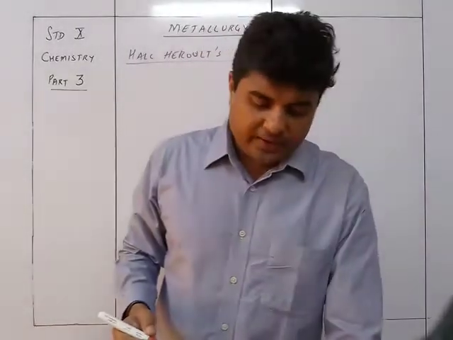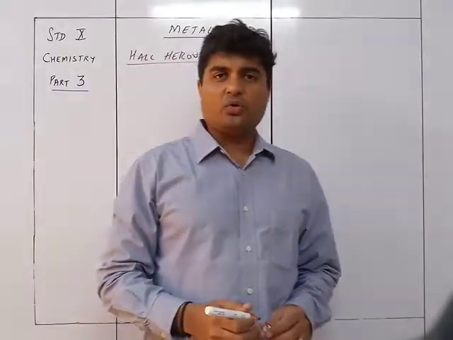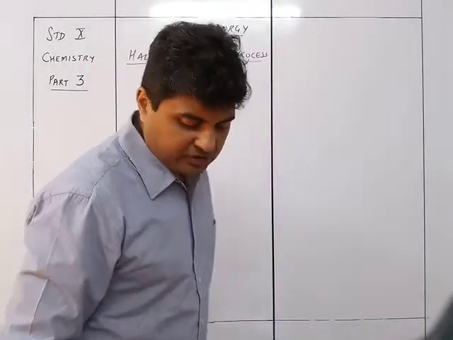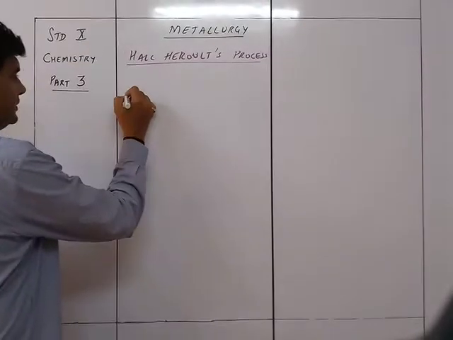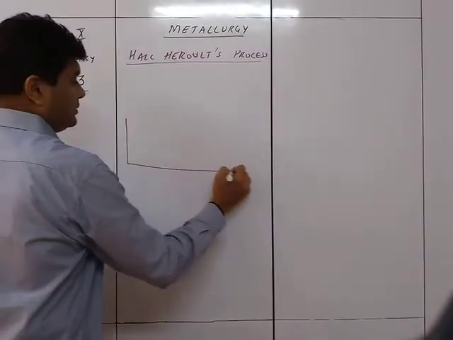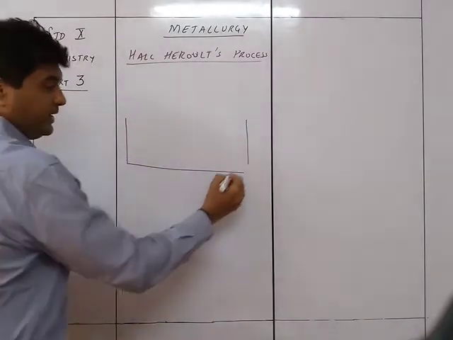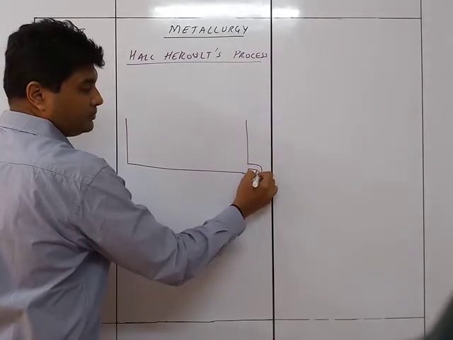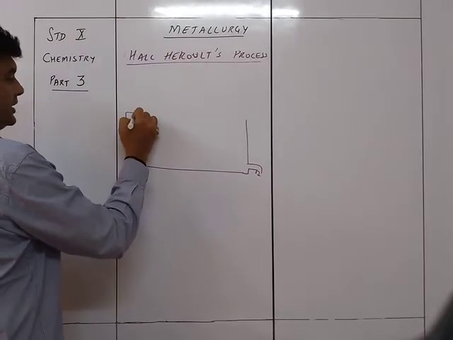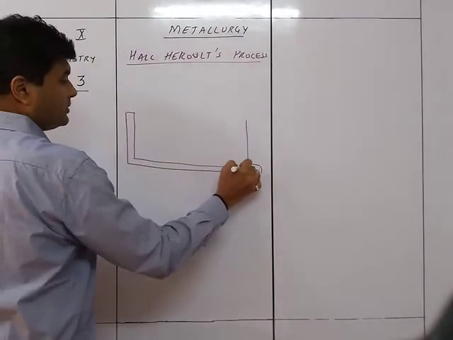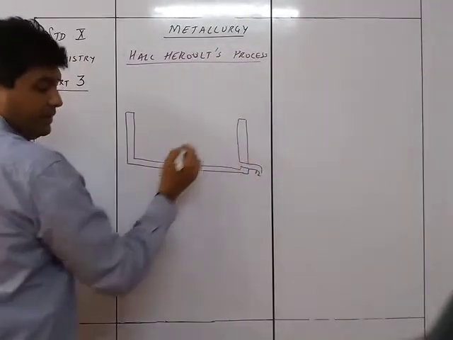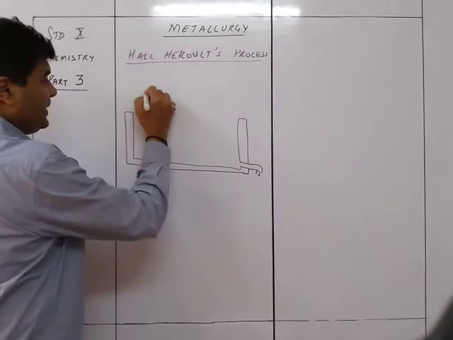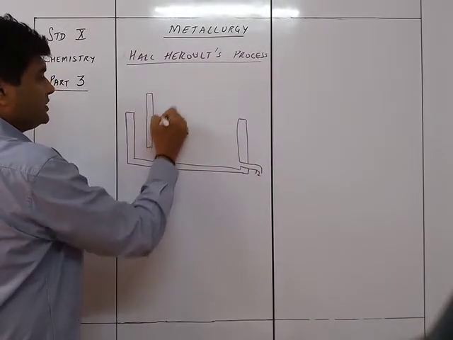So here what we are doing is we are actually doing electro-refining. It is going to be electrolysis only. So the figure goes this way: there will be a tank which has an opening at the bottom for removal of the aluminum, a walled tank like this. Now in this over here are the different anodes. So these are the anodes which are placed inside.